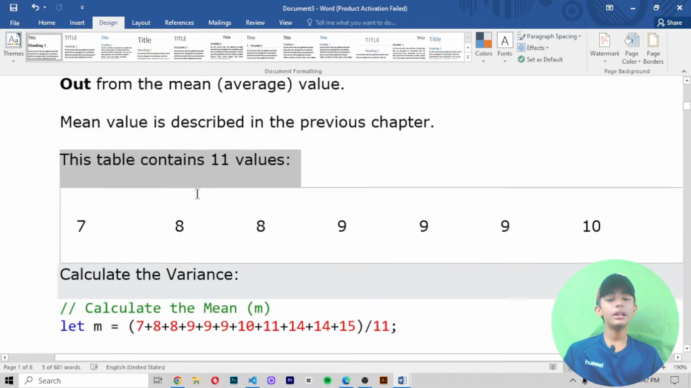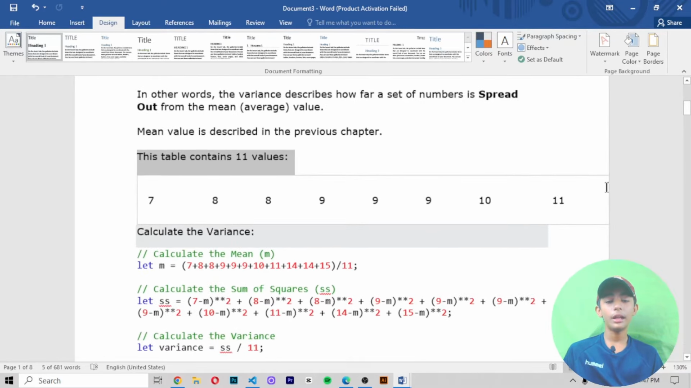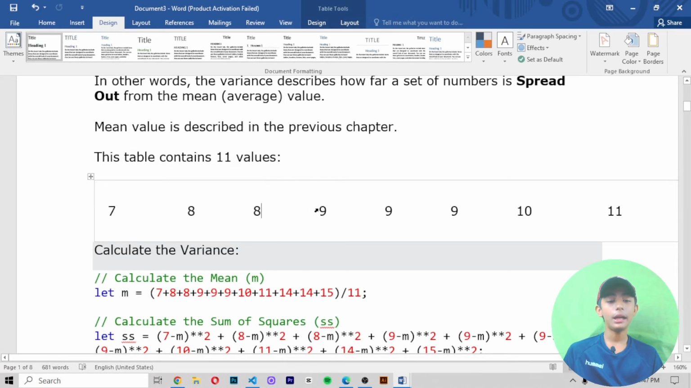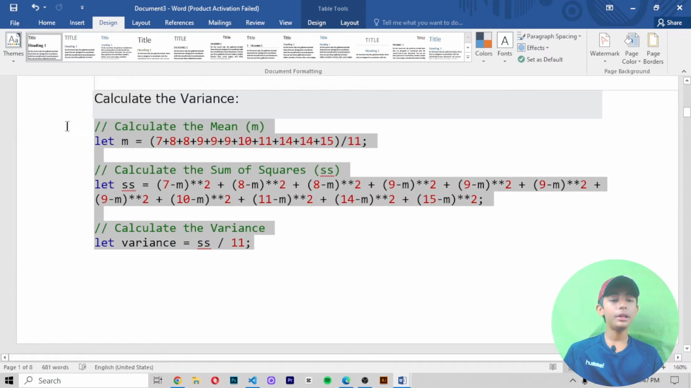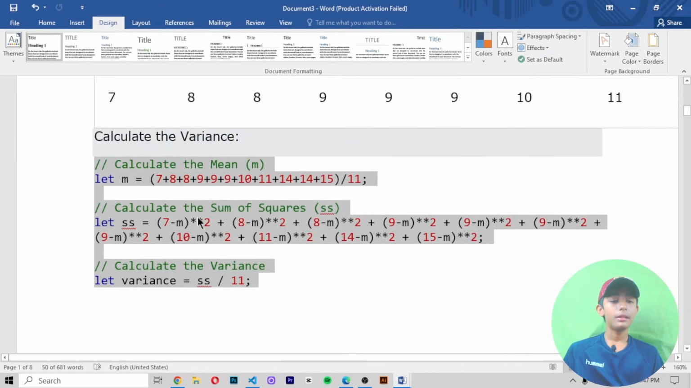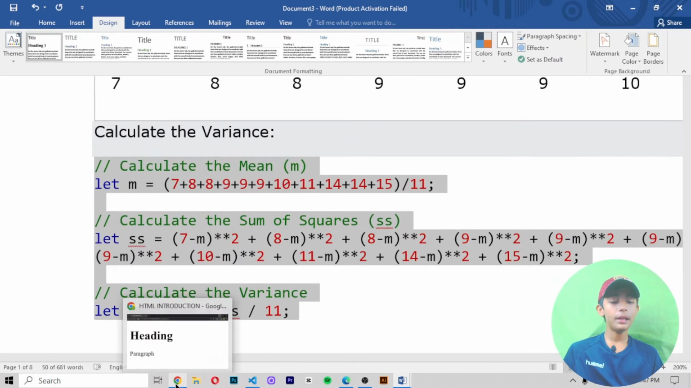This table contains 11 values, like 7, 8, 9, 9, 9, 10 and 11. Here we are calculating the variance. Okay. Let me write this code, copy it, and let me open my